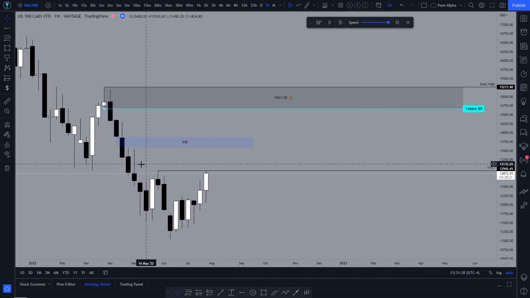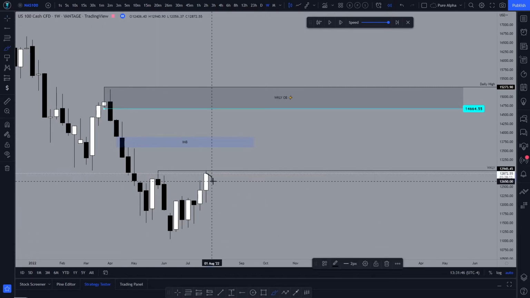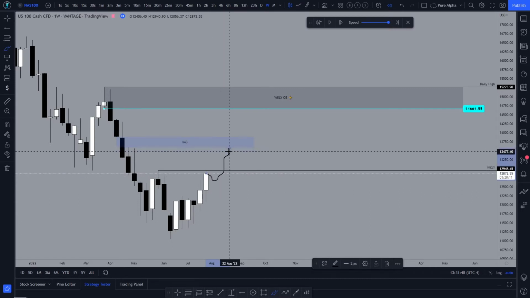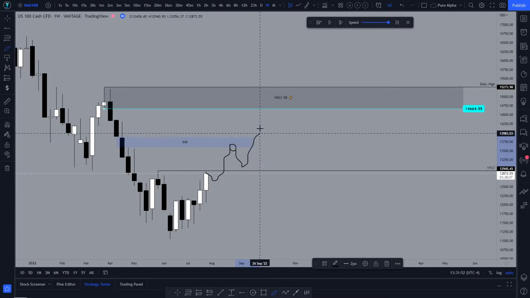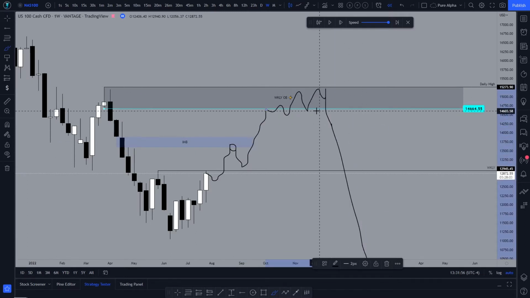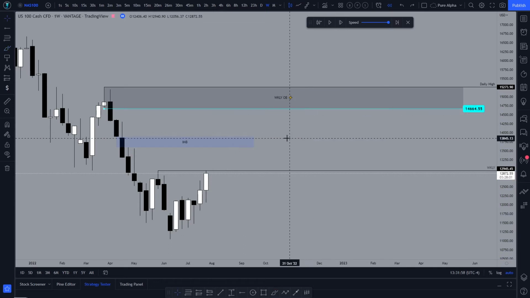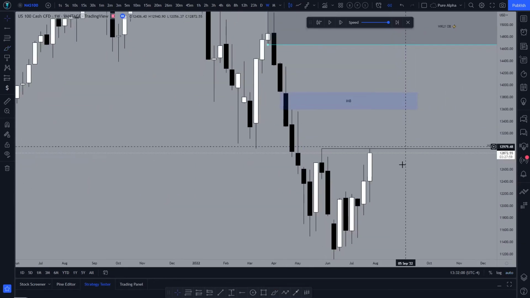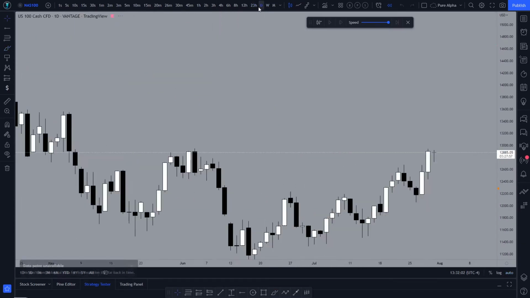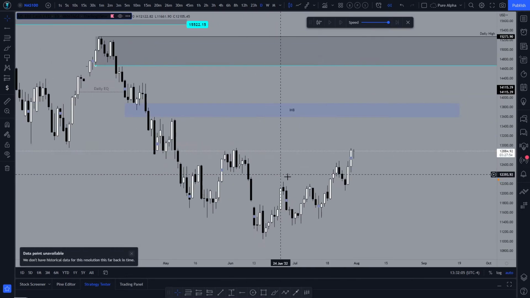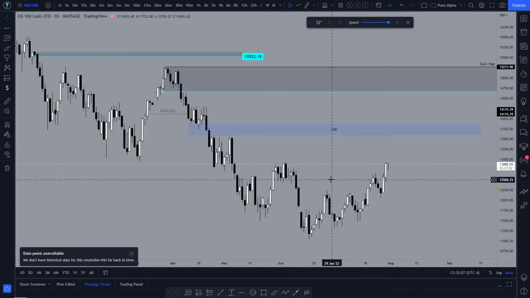It would not be bad, if price were to break this level, to then expect price to come down, grab this, and proceed to go up. We'll see what happens here. Potentially some small reaction, go up here, give us a nice little distribution in here, and then potentially go down. We don't know, we're more just focused on this high. I want to see what happens on this high. So from here we're going to go down to the daily time frame.